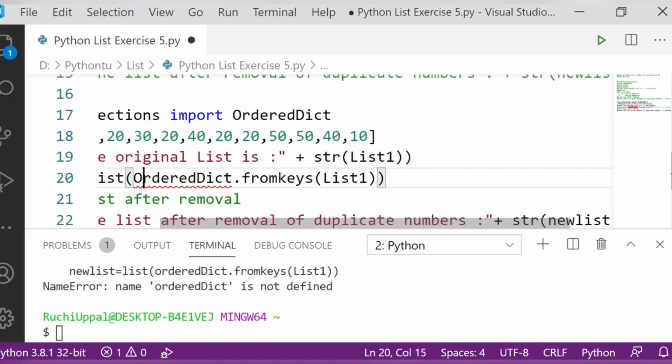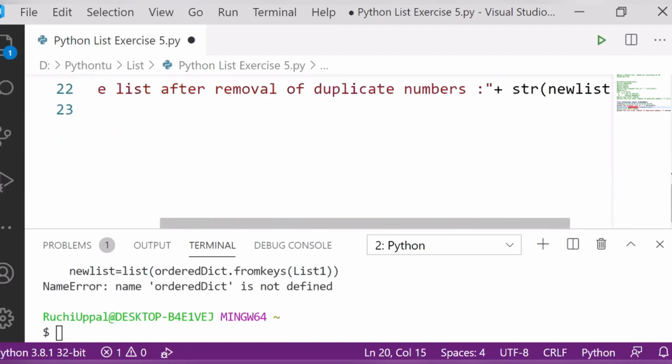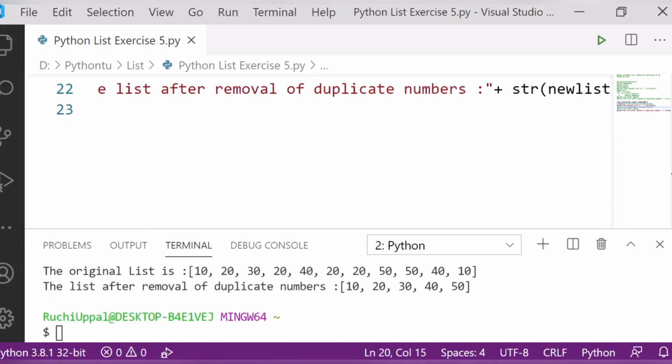Okay, fine, this is fine, exactly, fromkeys. Control S, let me run the program. Now you can see here the original list, 10 20 30 and all that, and the list after removal, the same that we were getting in the previous methods, that is 10 20 30 40 50.